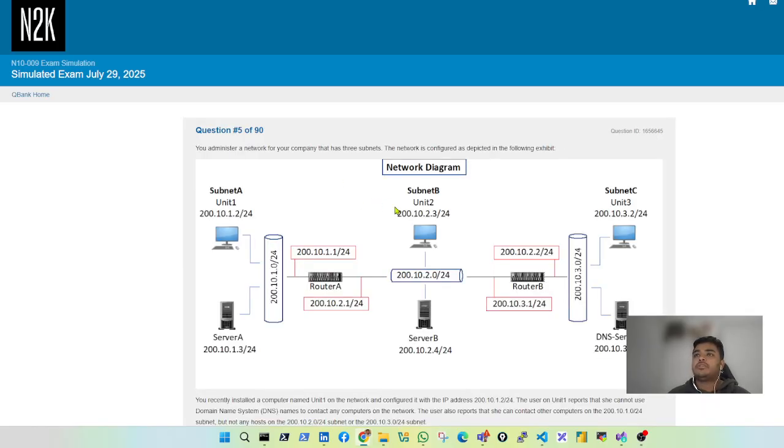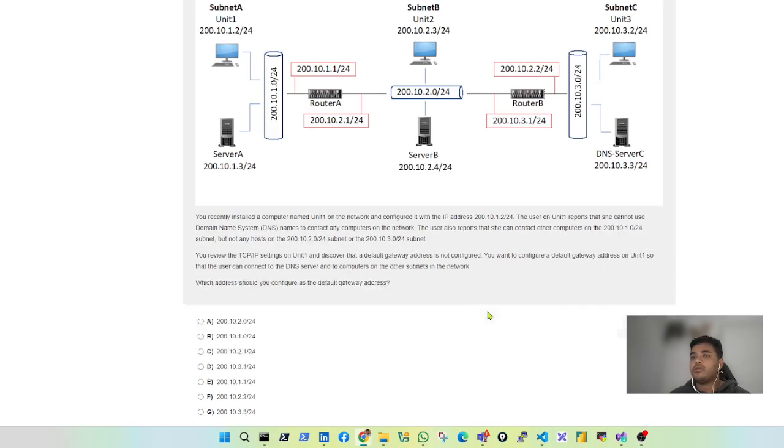So you're an administrator. You administer a network for your company that has 3 subnets. The network is configured as depicted in the following exhibit. There's subnet A, Unit 1, subnet B, Unit 2, subnet C, Unit 3. These are the IP addresses of server A, these are the IP addresses of server B, and these are the IP addresses of server C, which is a DNS. So now,